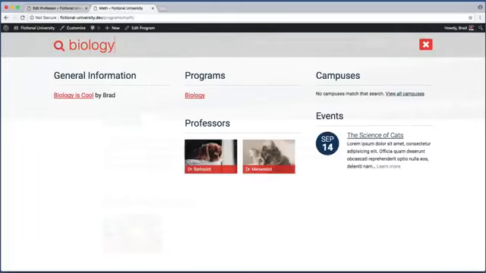And that opens up this full screen transparent overlay, and my cursor is automatically placed in this search field. So I can just start typing for whatever I'm searching for. And on the fly, in real time, we get our search results. And not only that, but they are organized by the content type. So I searched for biology. Here we have any related blog posts or pages, programs, professors, related campuses, and even any upcoming events that have